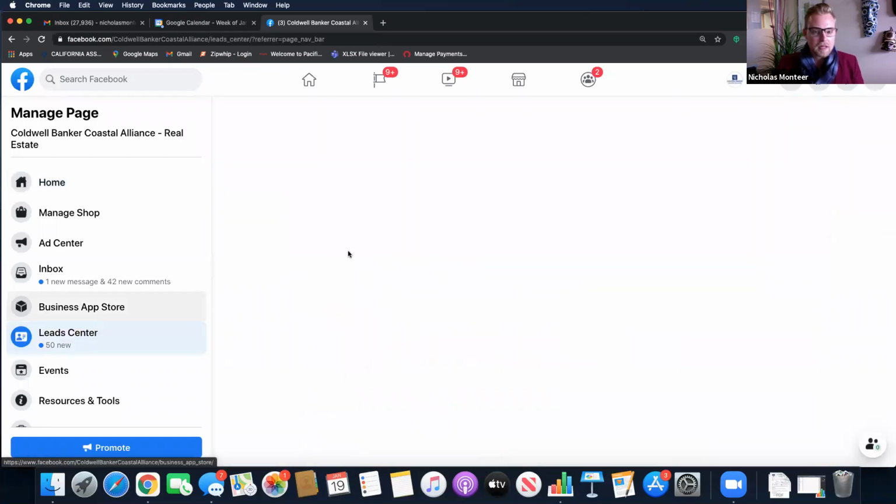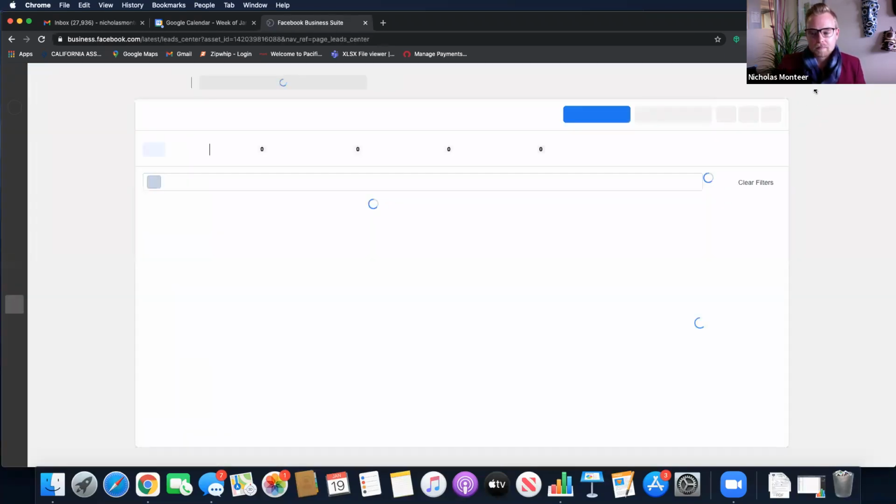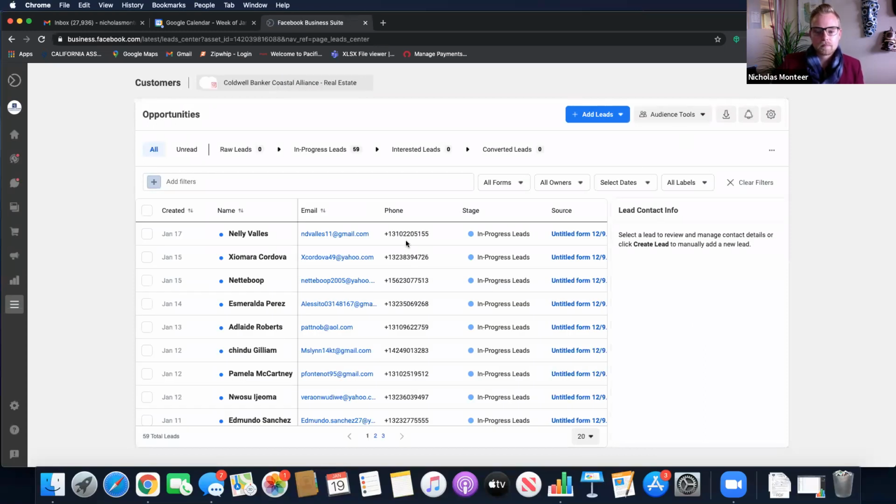So if I click on Lead Center, this is what it looks like. And all your information's here. You can easily just download them right here in the corner. I usually download them and then send them off to our people. And you can move them from raw to in progress to interested to converted.